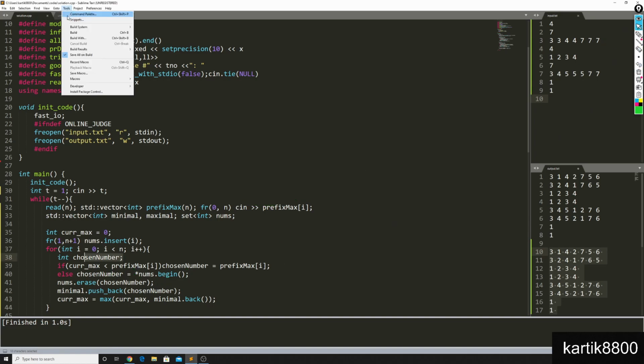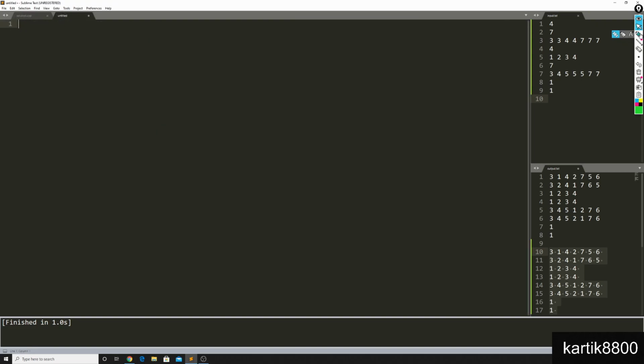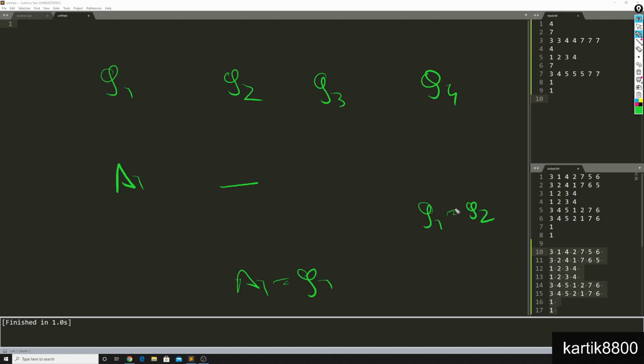Let's talk about the maximum one. That's a bit harder, but we'll solve it. So you again have q1, q2, q3, and let's just have q4. First element is obviously going to be a1, that is equal to q1, no other way. Next element: if q1 and q2 are equal, then you can place any number at this position that is less than q2 and q1. Assume q1 equals q2. Then at this position you can put in any number that is less than q2, right?